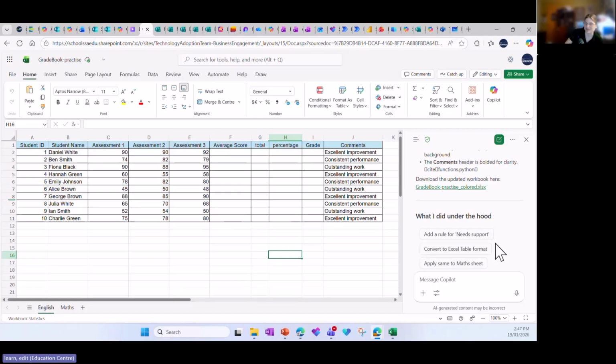On a side note as well, EdChat is fantastic for fixing up and creating Excel formulas for you as well. So if you're ever stuck, EdChat's really good to use. Okay,